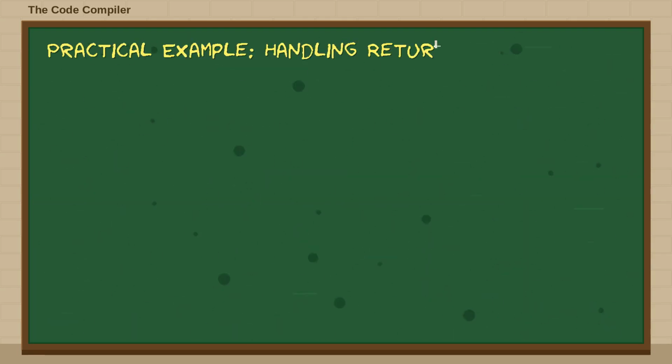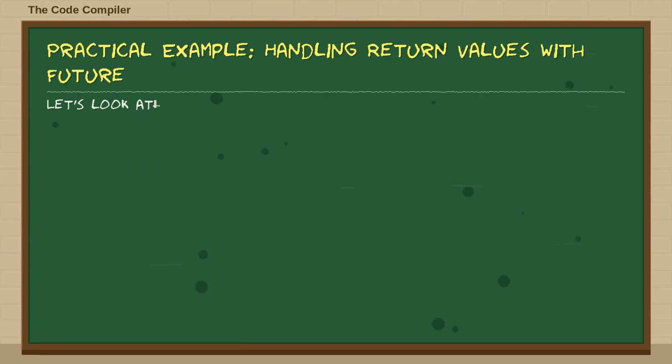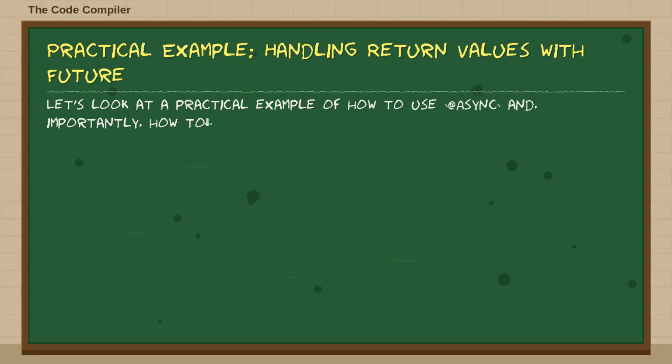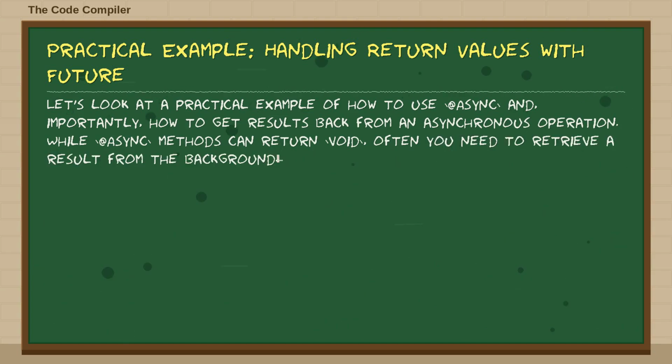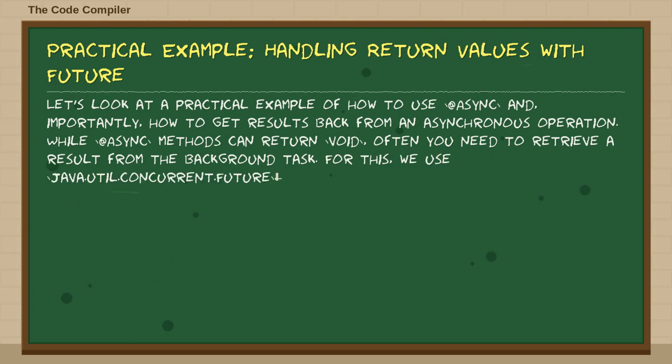Let's look at a practical example of how to use @Async and, importantly, how to get results back from an asynchronous operation. While @Async methods can return void, often you need to retrieve a result from the background task. For this, we use java.util.concurrent.Future or, more commonly, java.util.concurrent.CompletableFuture. Here, we have a service method calculateAsync annotated with @Async, which simulates a long calculation and returns a CompletableFuture